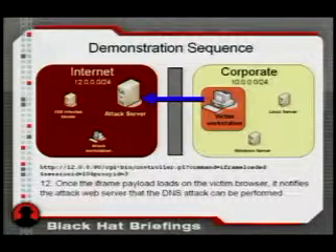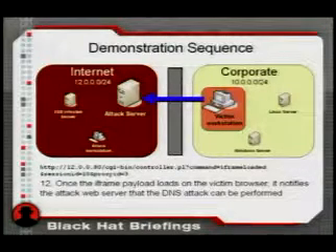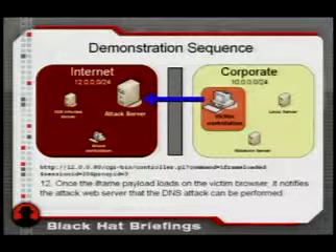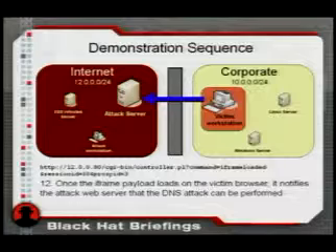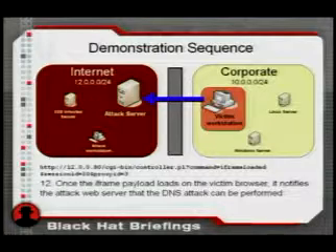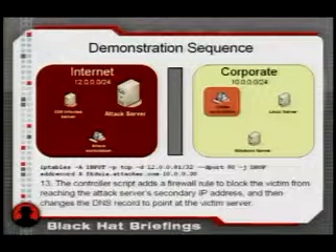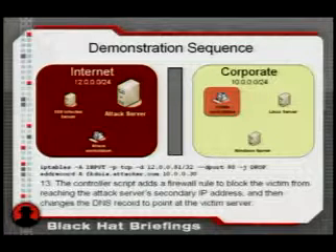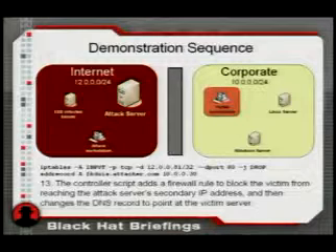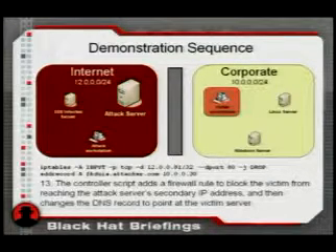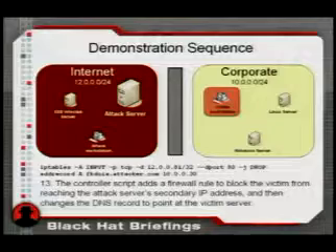Once the iframe payload completes loading from the attack server, it will immediately send back a message to the attack server saying, I'm done, the payload's loaded, we're ready to proceed with the DNS switch. So the attack server creates a firewall rule blocking access from the victim browser to the attack server on the secondary IP address, and then also switches that DNS record to point at the victim IP address that was provided by the attacker's proxy request.